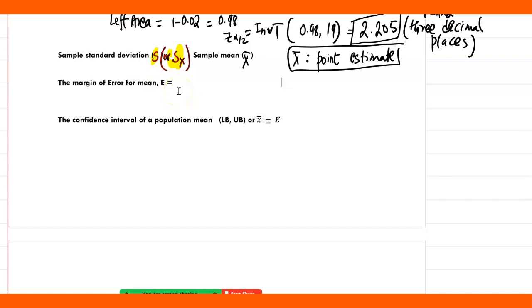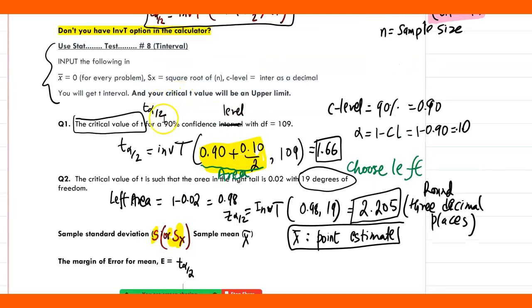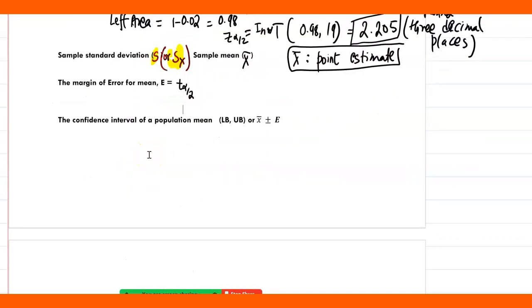We have the formula for that. The margin of error formula is t alpha over 2. Again, t alpha over 2 you can find using the calculator like before. Remember, we know how to find t alpha over 2. That's the critical value for t, t alpha over 2 times s divided by the square root of n. That's the formula for margin of error. Okay, again, look carefully. E equals t alpha over 2 times s over square root of n, or